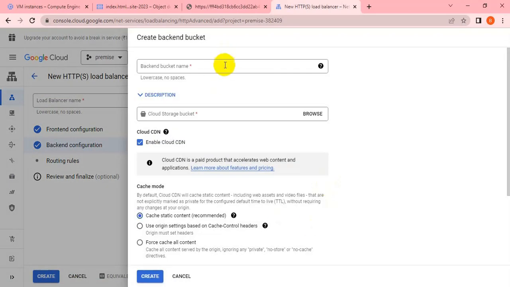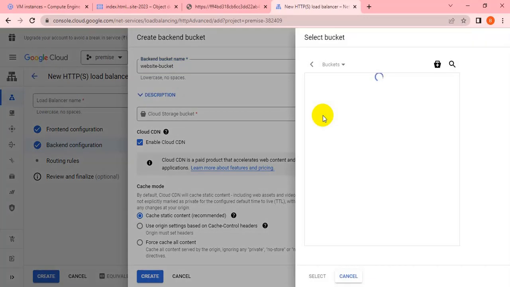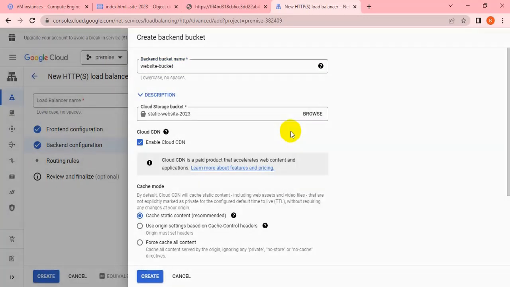For the bucket you can define any name here, but while browsing, whatever dedicated bucket we already defined in the previous session, we have to take that bucket only, because our index.html file, which is our object, is already inside the dedicated bucket. So I selected that. Okay, and here enabling Cloud CDN is not required,